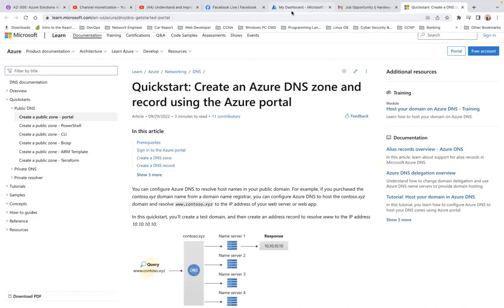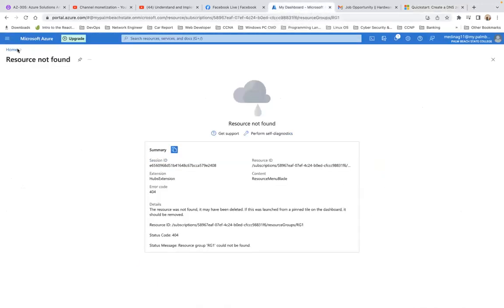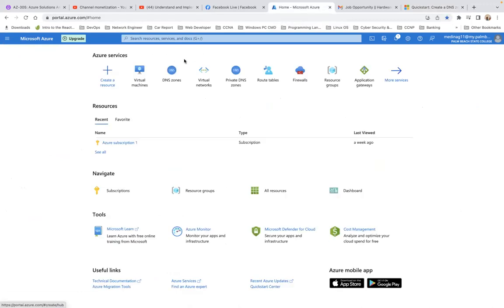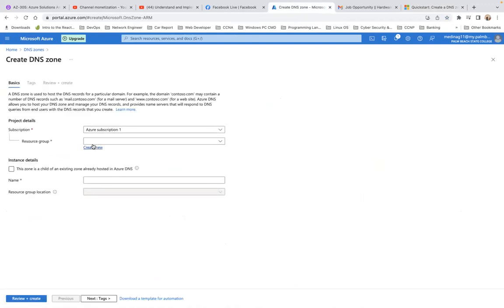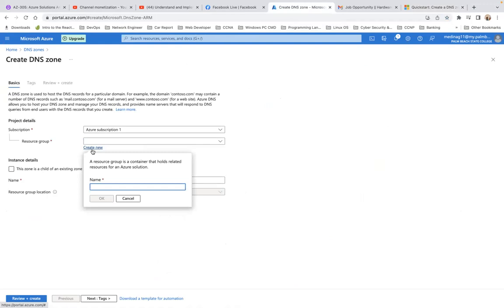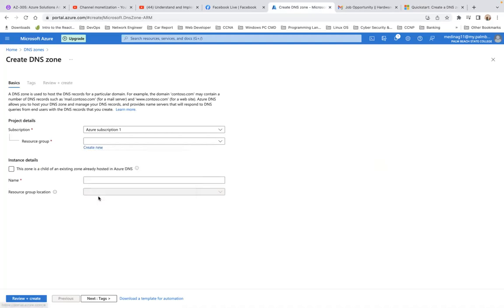So let's go ahead and pull up the Azure portal. There go the DNS zone. So we can give it a name. Let's just hit create. If you have a resource group already, you could just click here and add your resource group into that. But if you don't, you're gonna hit here and click create. I didn't have one, so I would always make this be RG1, which stands for resource group 1, and